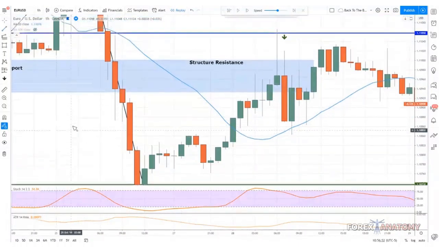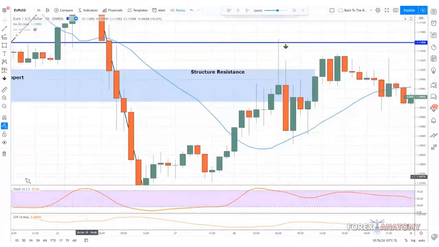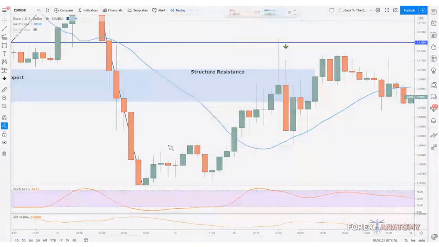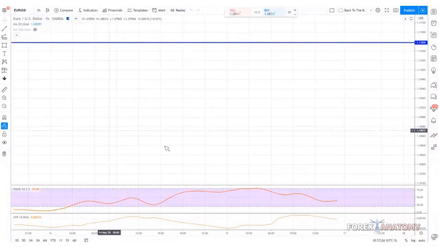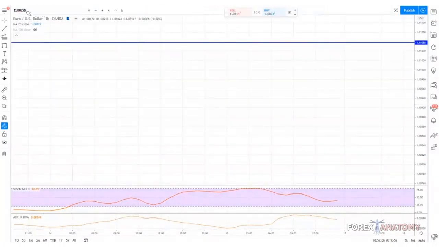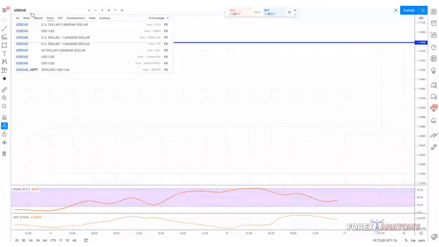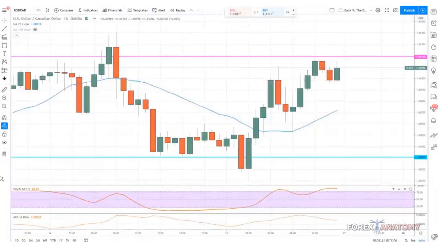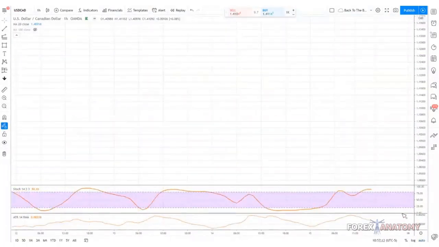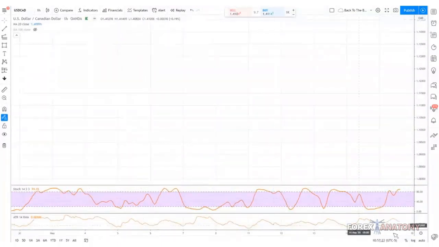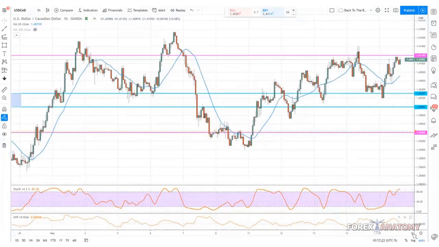I think we gave you a list of some currency pairs you could use. Let me close this out right now, because I think we're done explaining this for now. And let me go to the US dollar Canadian, because I think we gave you some pairs to trade. Now let me ask you, for those of you that have been with us for some time, just a quiz: what's another name for the CAD, or the Canadian dollar?